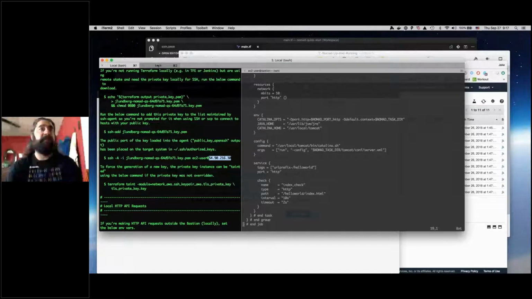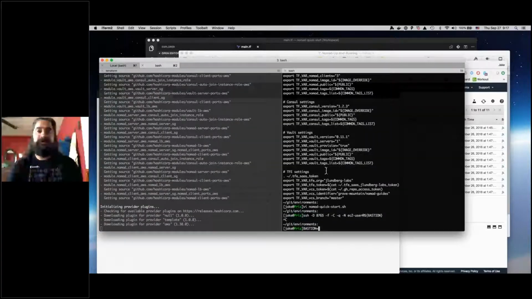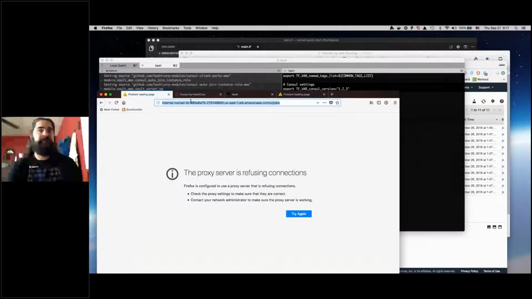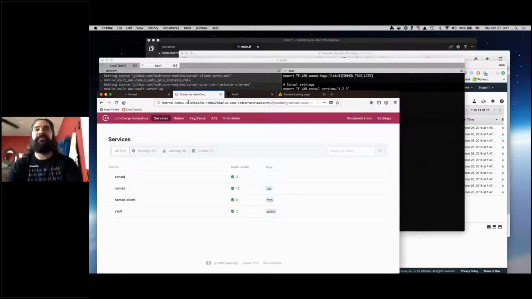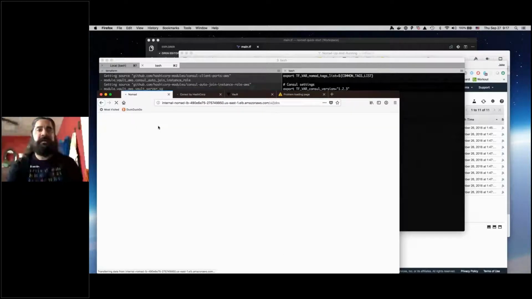Okay, now I should have access to this GUI. All right, outstanding. It'll take a second for that to load up. We'll do the same thing on the console side of things. All right, super. And while those things are loading, we're going to come back over to this window and launch